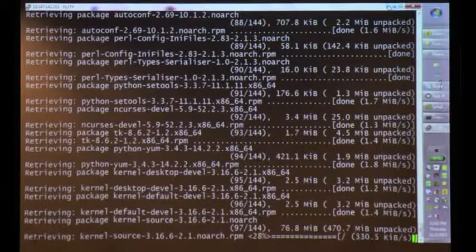So the packages are downloaded. So we are now in the